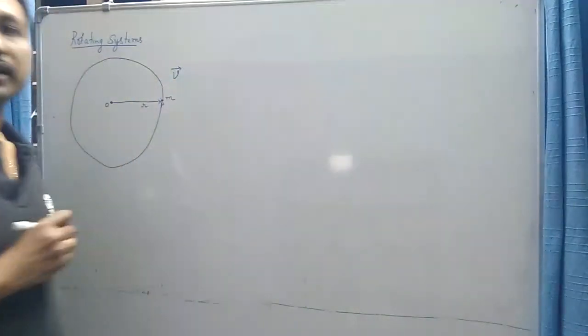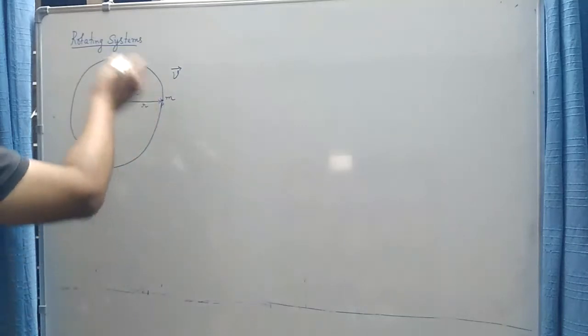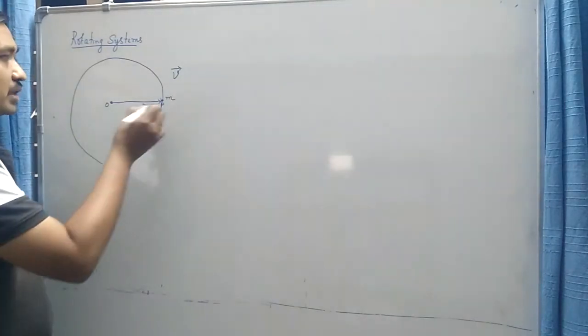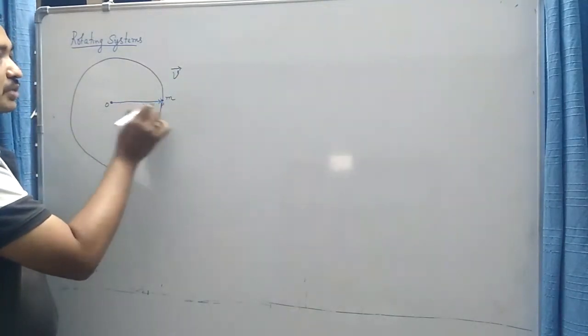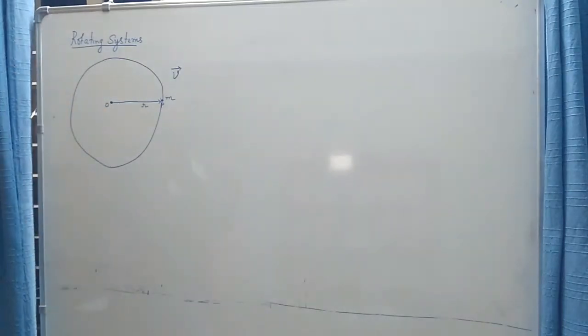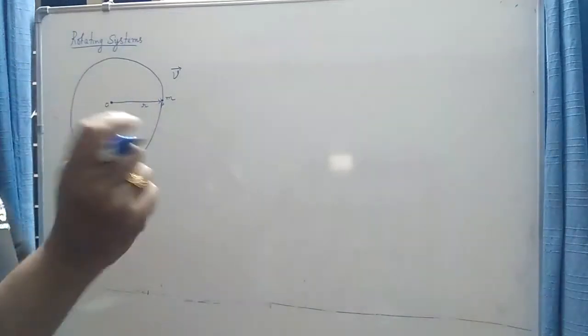Since it is a vector quantity, the direction of this vector should be clearly specified. So what is the direction of the velocity of a particle exhibiting such type of motion? To know the direction of the velocity, let us assume that this particle is connected by some thread to this point O. So one person is standing at point O, and he is holding a rope in his hand, and the other end of the rope is attached to a particle of mass m, and he is swirling the particle, he is rotating the particle about this point O.